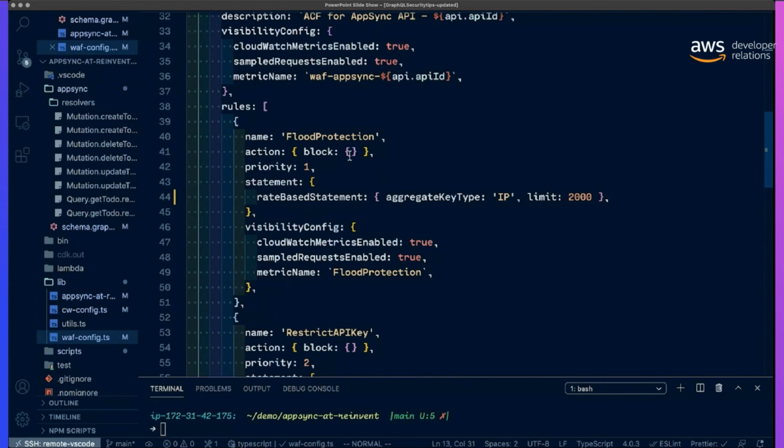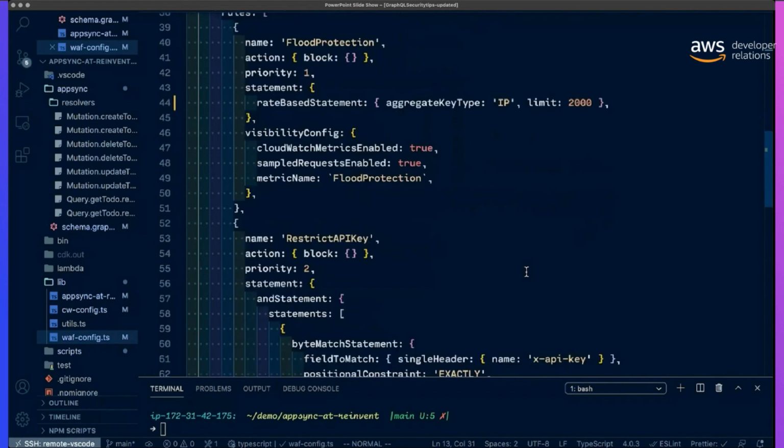I've got a flood protection rule: if the IP address that has the request is not in my list, I will limit it to 2,000 requests, and that's the throttle once I hit that limit. That's how I add flood protection to WAF, so it will be in front of my AppSync API.